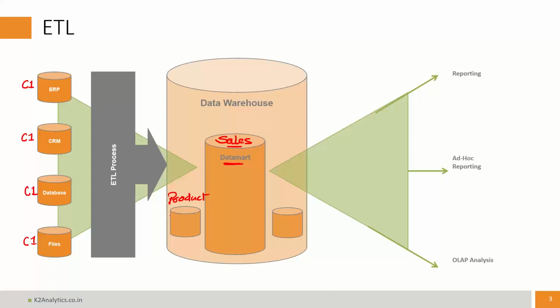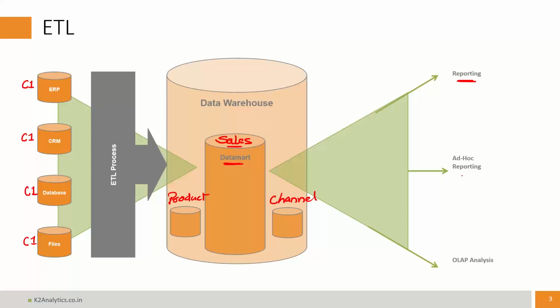Then it becomes a product data mart. You may have the same data stored and optimized for reporting and dashboarding for the channel management department. So it becomes a channel data mart. So a warehouse can have many data marts which are optimized specifically for a functional department. Okay, and as you can see,